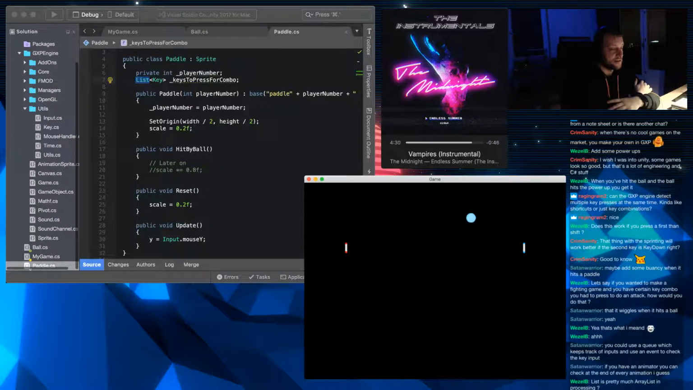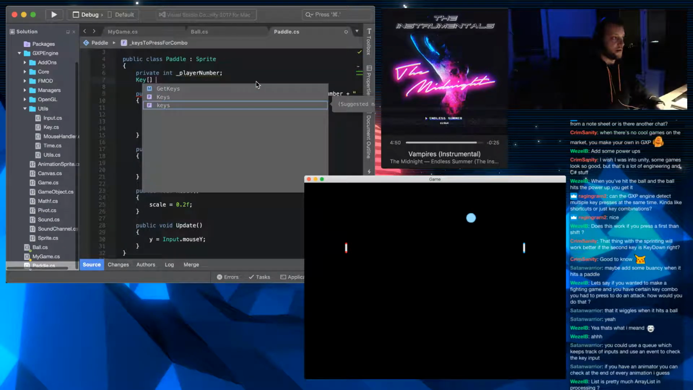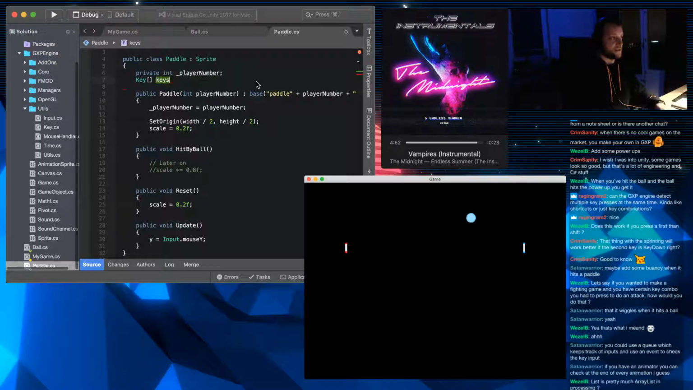I wouldn't say literally the same, but pretty much exactly the same thing. It has the same methods and it functions in very much the same way. You often use a list if you don't know exactly how large it's going to be. It's also easier to create a list and fill it up than it is, for example, to create an array and fill it up. You could also do it like this, have a key array of the keys you have to press